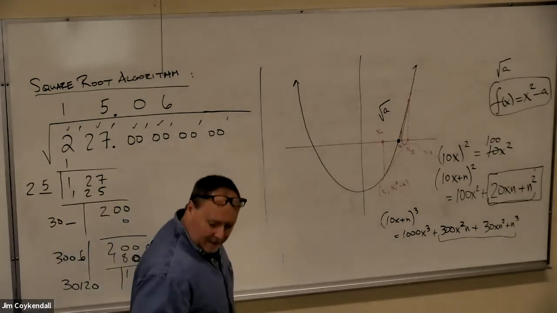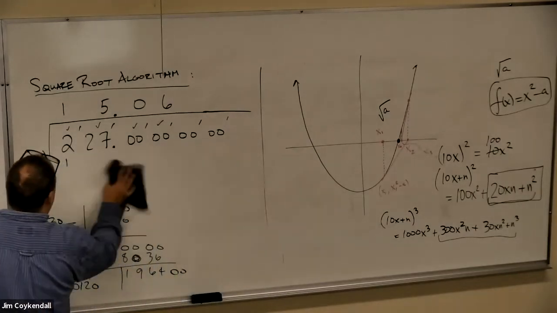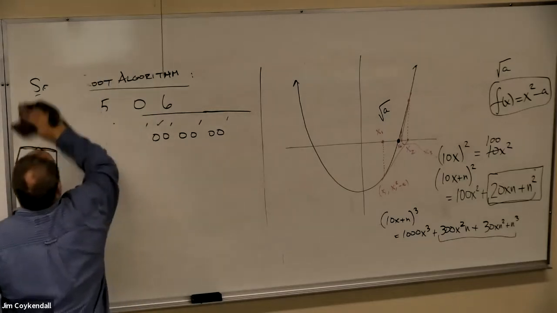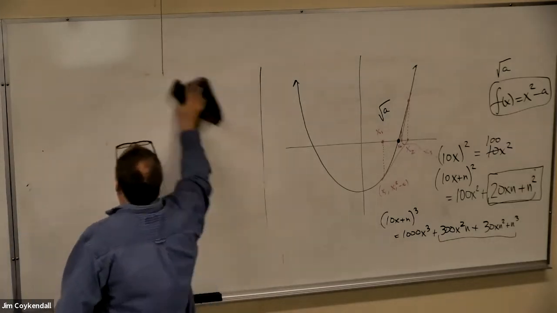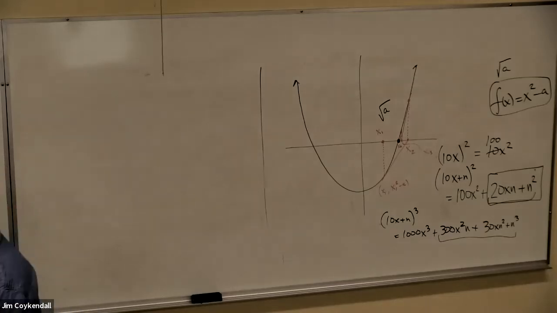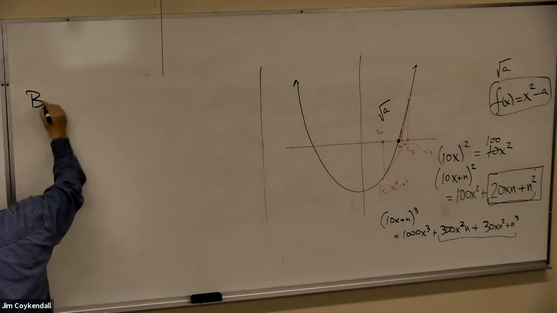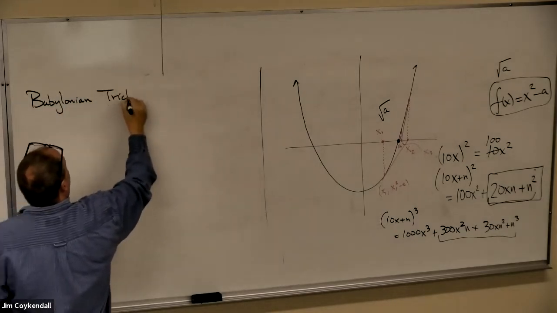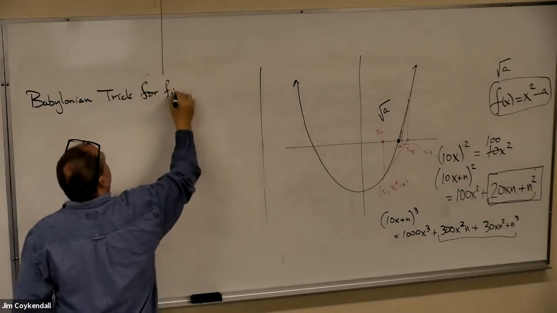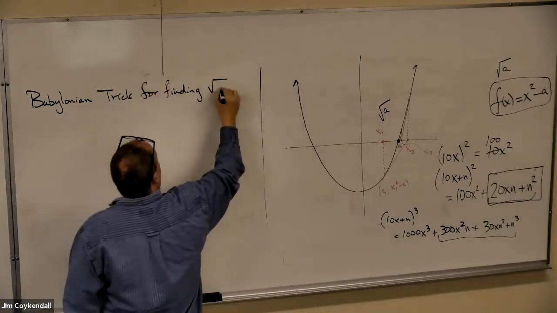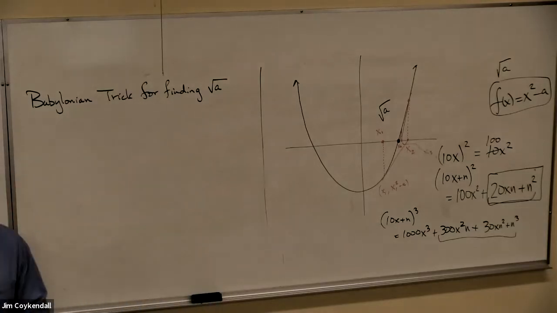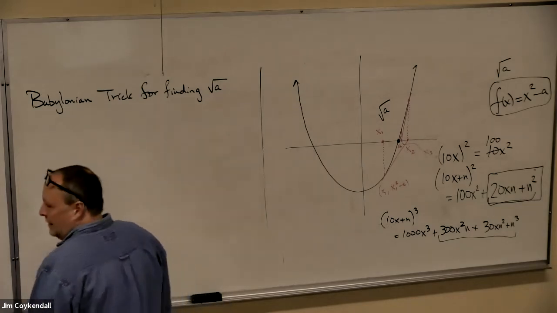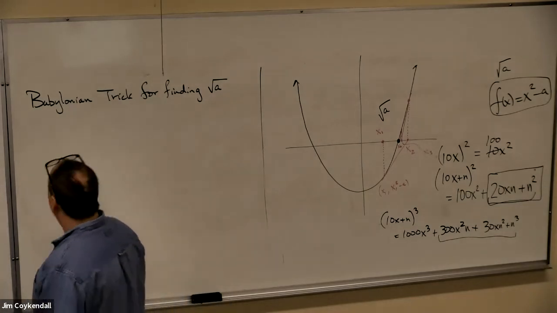Okay, so let me go back to this other one. The Babylonians actually had a little trick for approximating the square root of a. We're finding the square root of a. Now, I think this is really kind of cool because this predates calculus. Well, what they did is they started off by